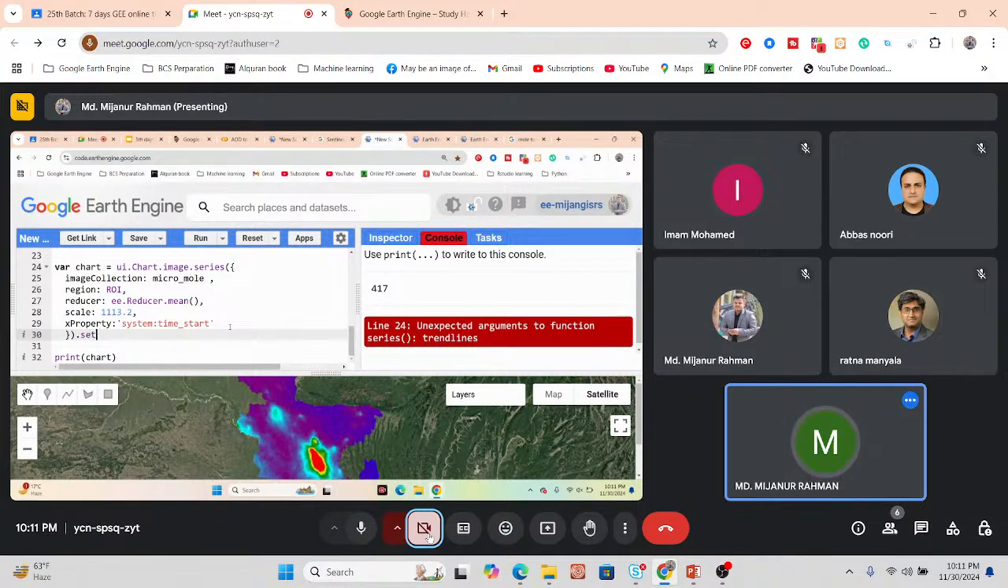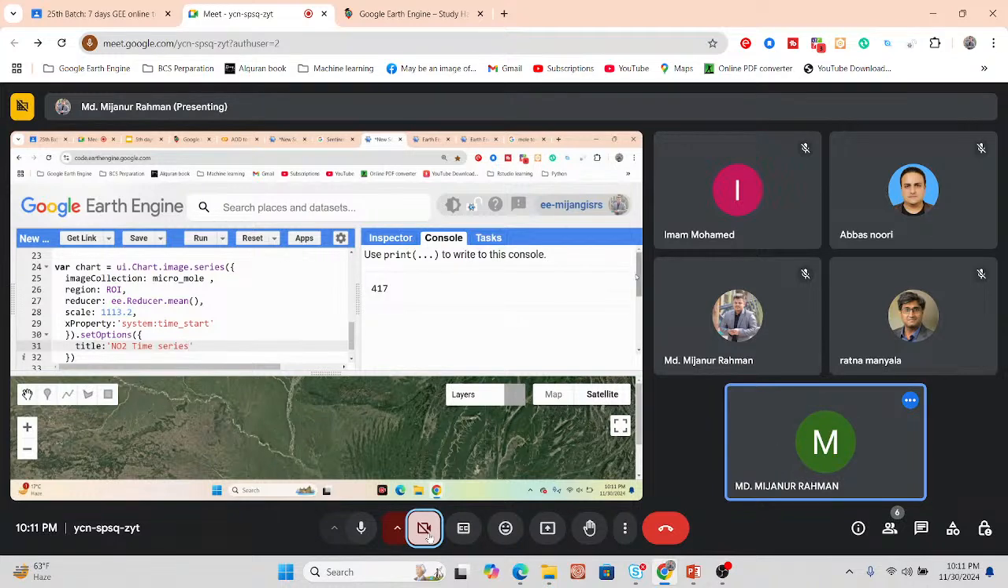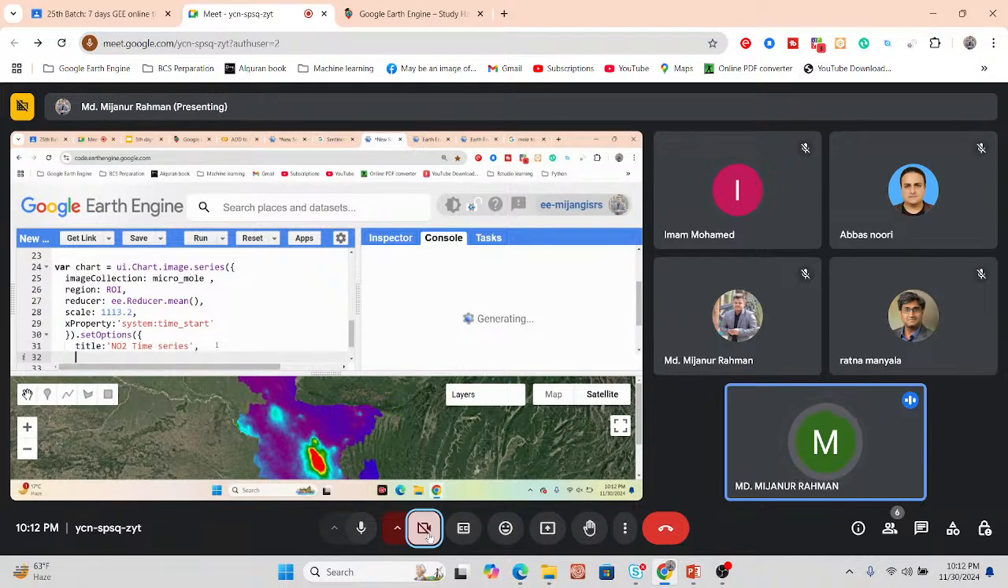Set options. Title, suppose NO2 time series. So now run it and check what happened. It's working. So in the meantime, also try to add here, suppose, a vertical axis. Vertical axis, I put here the vertical axis title. Suppose it shows the value for